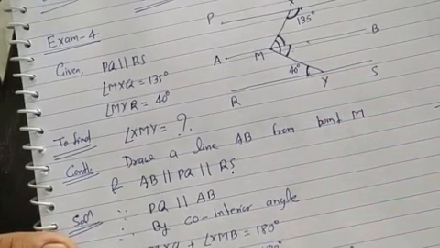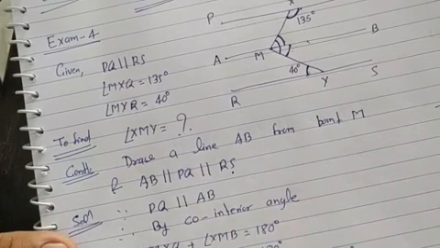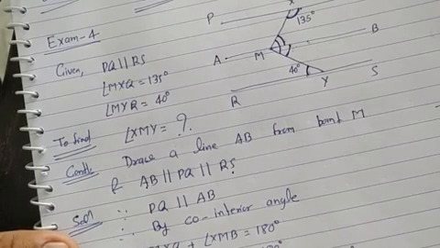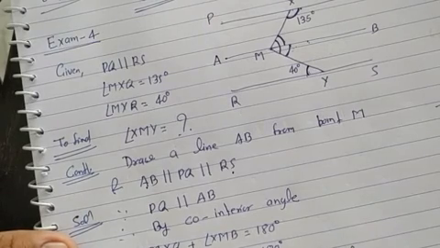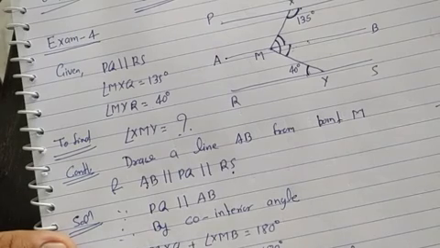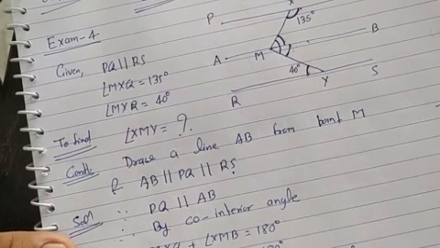Here you have to write, since AB is parallel to RS, therefore by alternate interior angles,